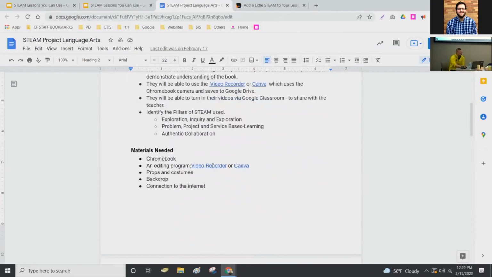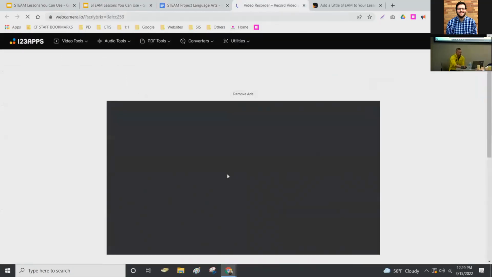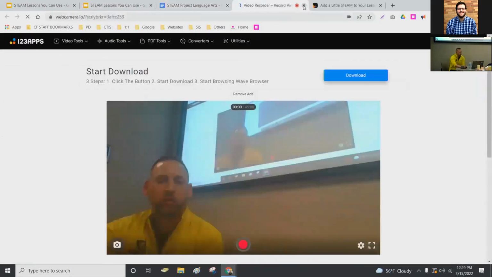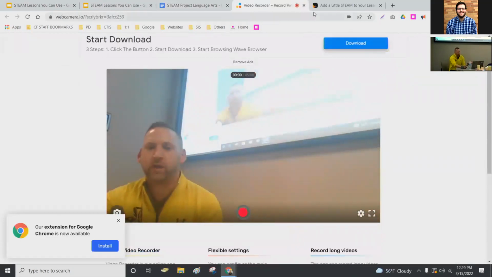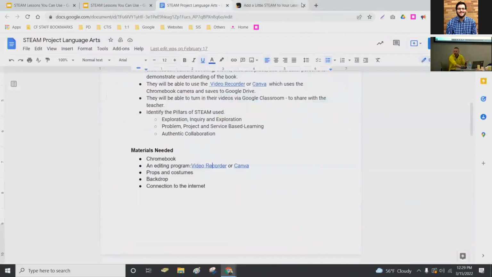I've also used this with students in a very basic form. It's called School Video Recorder, or this is a different one, but really a lot of these apps just use your webcam, you hit record, and then you actually have a file. So kind of like a live read. If you don't want to do a Flipgrid, you could use the built-in Chromebook camera. There are some steps to it though, right? You download it, you have to put it in Drive, you have to share it. Some of these apps take care of that for you.